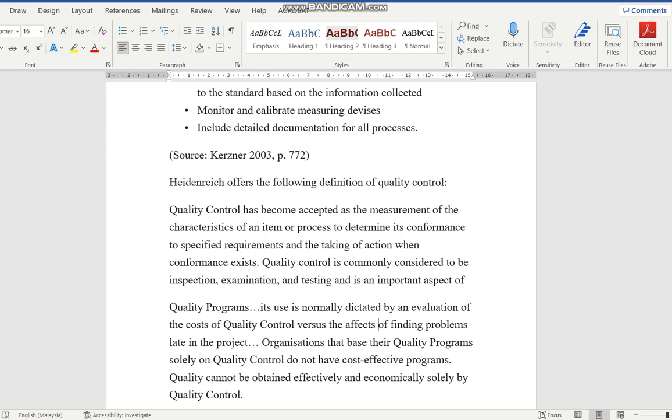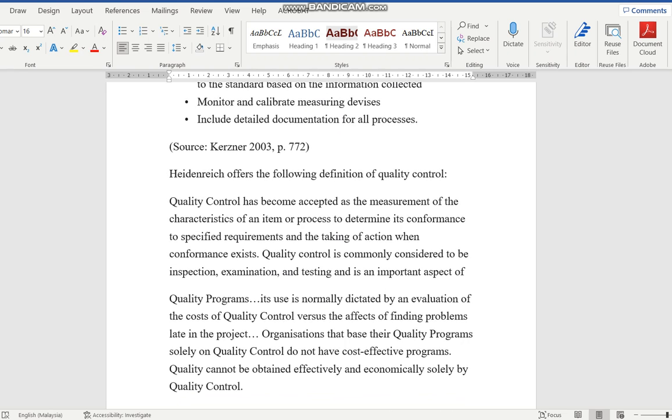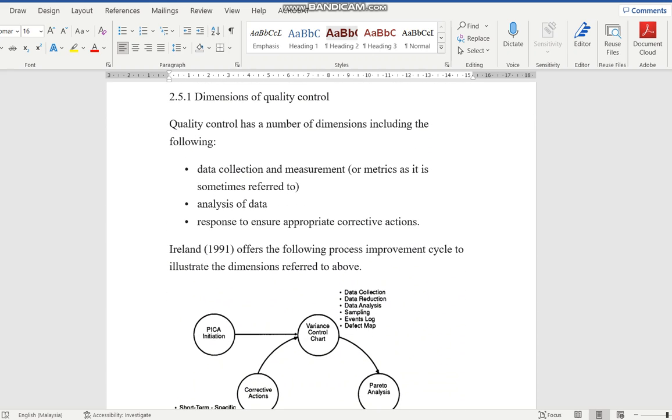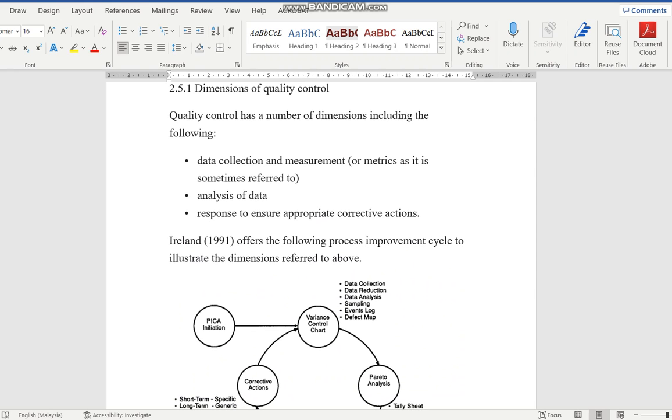So in a quality program, you need to have QP, QA, QC, okay? And these are what we call the cycle of quality control. And then with quality control, we also want to make it for further future improvement. So quality control has a number of dimensions, like what I say to you. First, it is about rectification. It's about data collection. Then it's also about analysis of data. It's also about